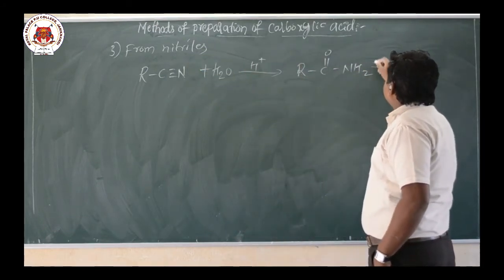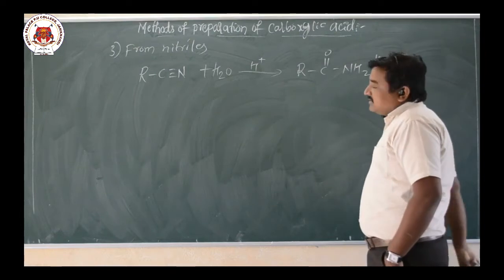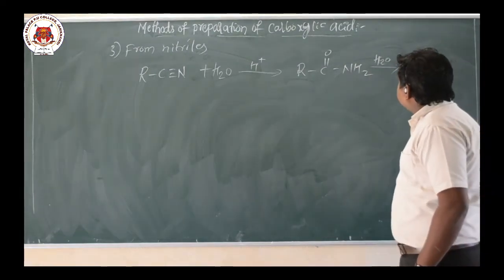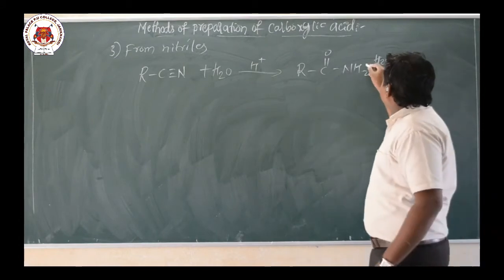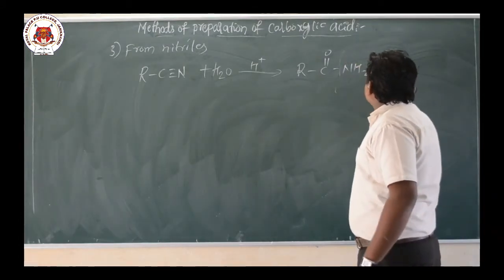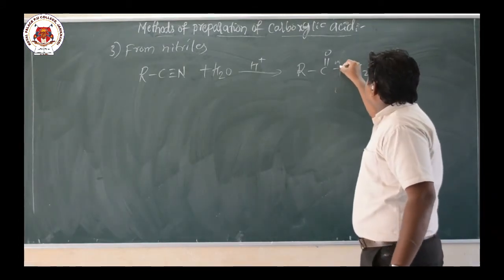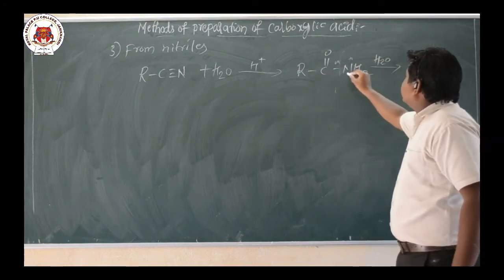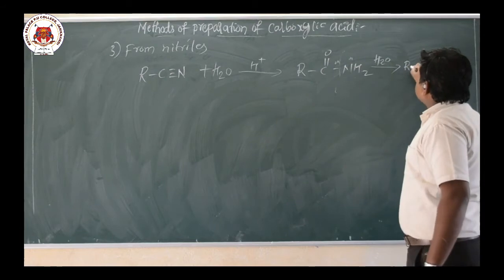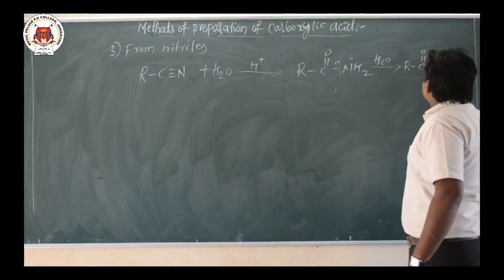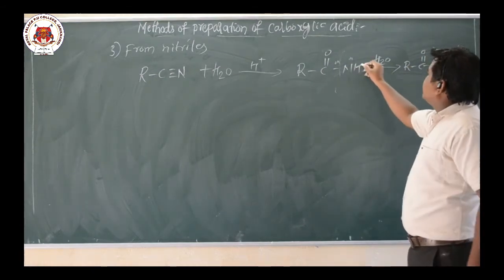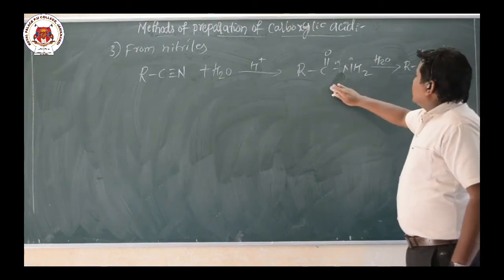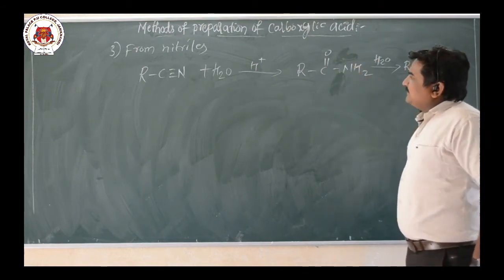So this is an amide group. So again which on hydrolysis, addition of water, that gives what here? An acid group. Now again here the OH part of this water molecule adds this side and the remaining one H adds this side, and here what happened? There is a formation of what here? RC double bond OH plus NH2 is there and this one H, that is what here? NH3.